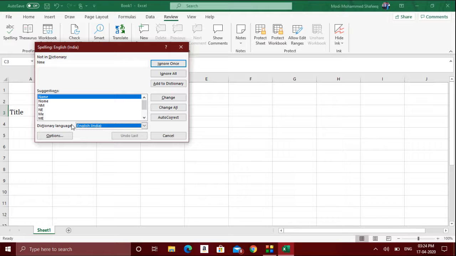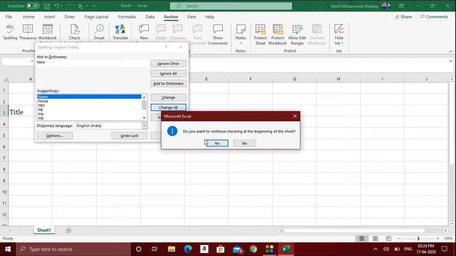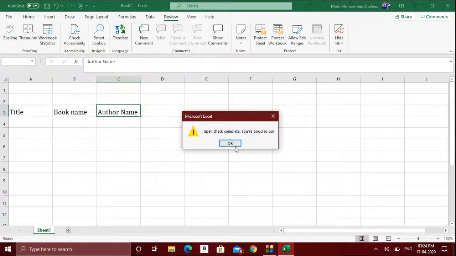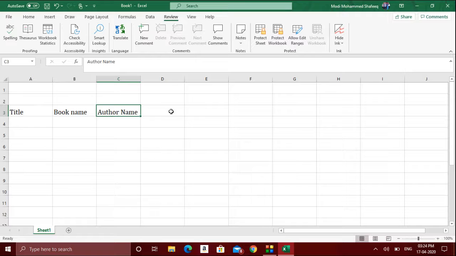Now if you want to change only that text, you need to click change, or if you want to change everything wherever you have made the same mistakes, you have to click change all. So you can see here automatically the spelling has been rectified and the spell check is also completed. So this is a basic thing.